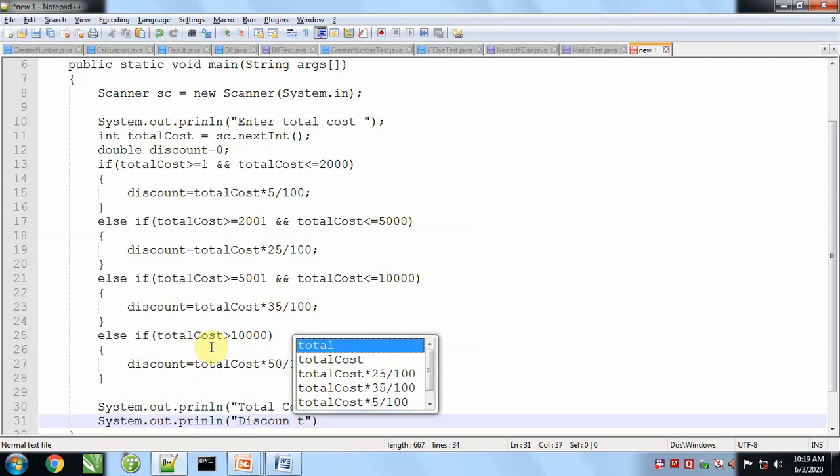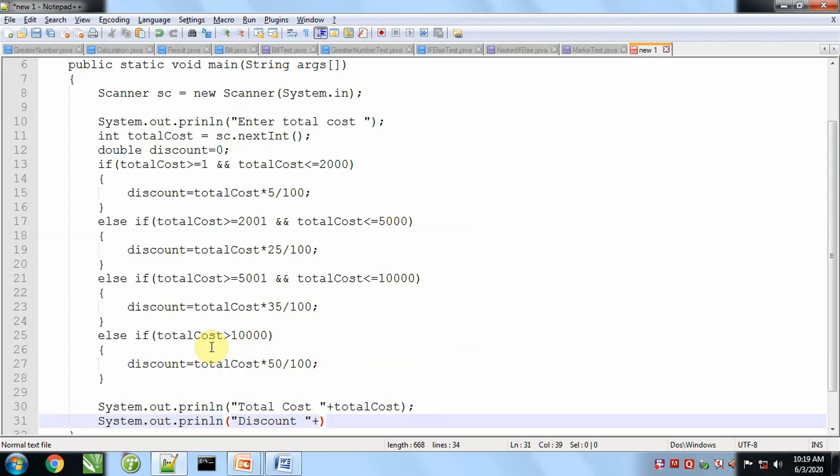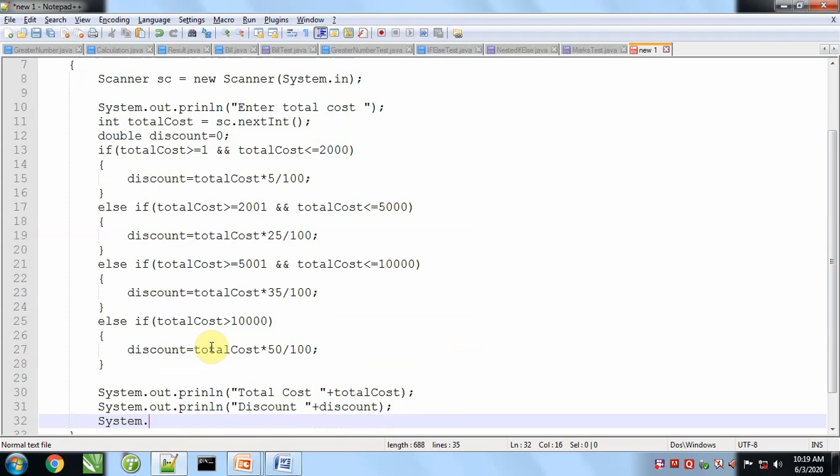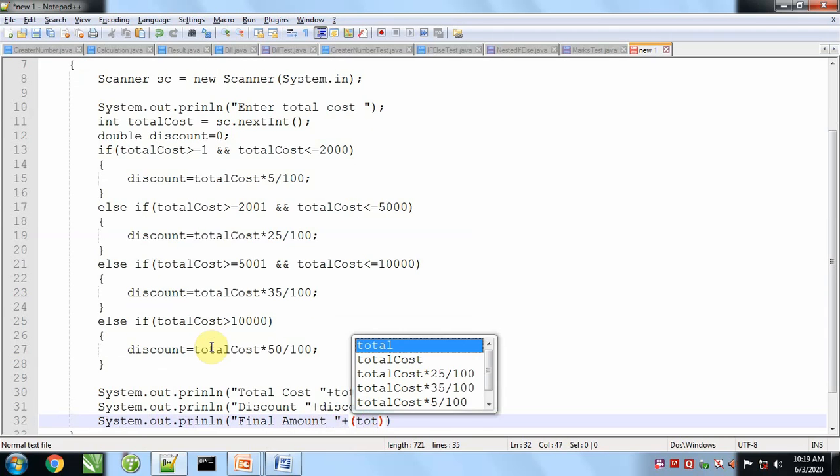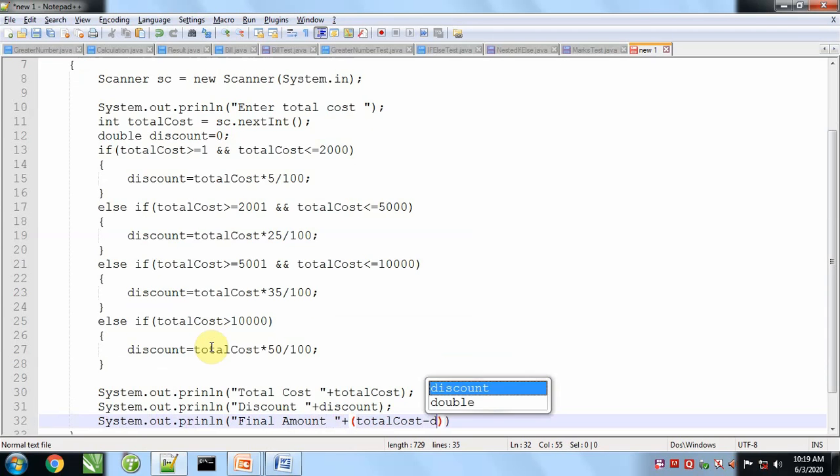Discount, it will print the discount. Final amount: total cost minus discount will be the final amount.